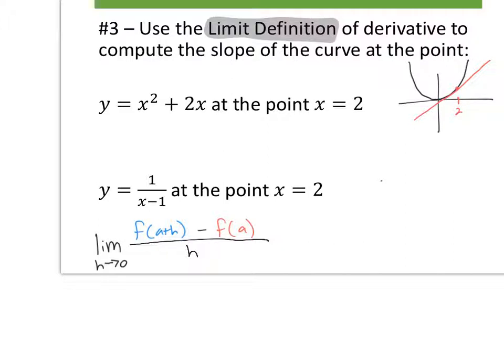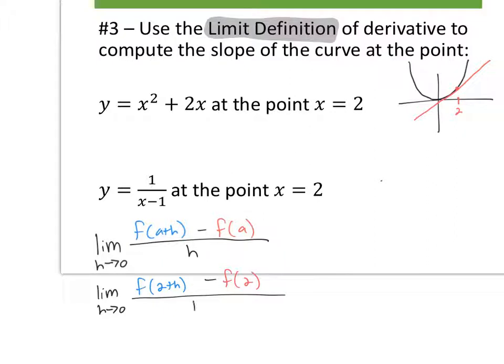So a is going to actually turn into 2, and I'm just going to do it right here in the problem. The limit as h approaches 0 of f of 2 plus h minus f of 2